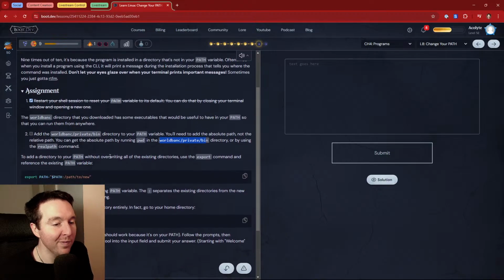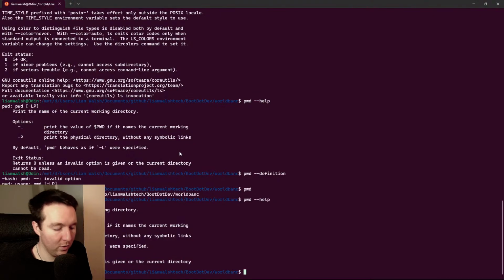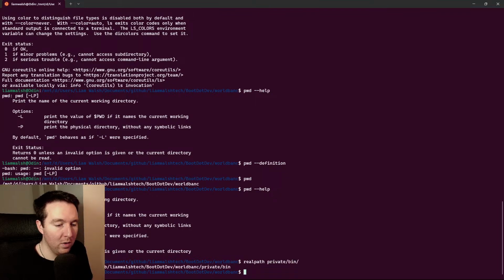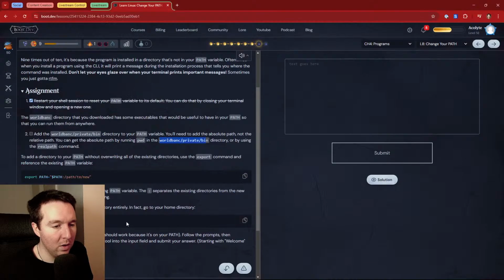Okay. Realpath command. So the realpath was private bin.